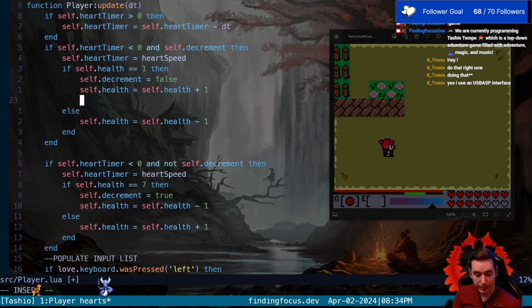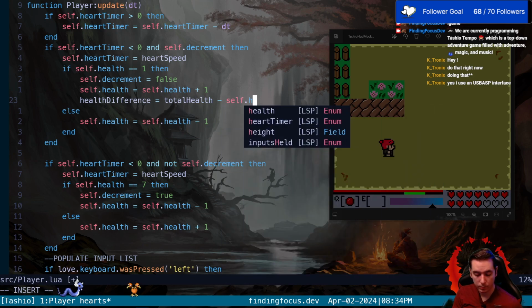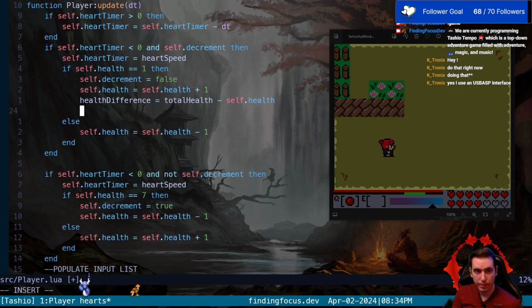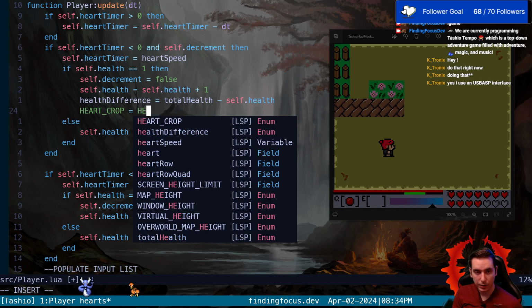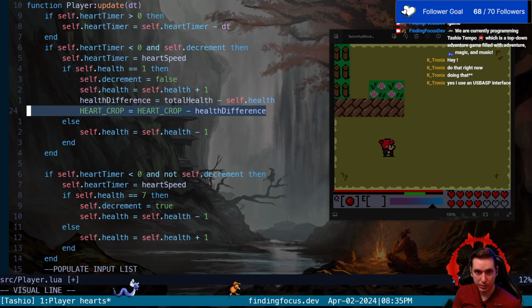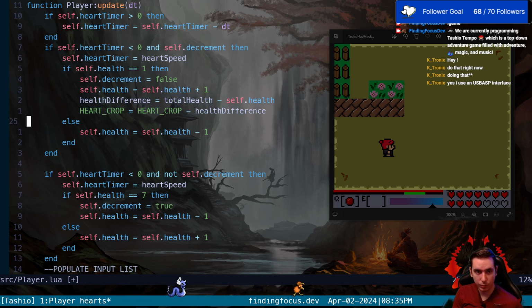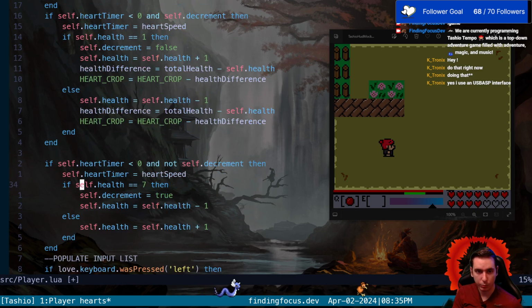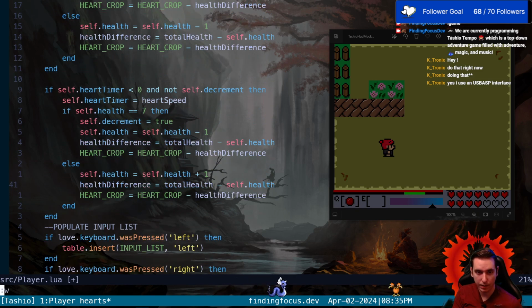So our health difference at this point becomes our total health minus our actual health. And then we set our heart crop to be equal to itself minus that heart difference. We need to do this anytime we change our health, so we could probably turn this into a function, but for right now,